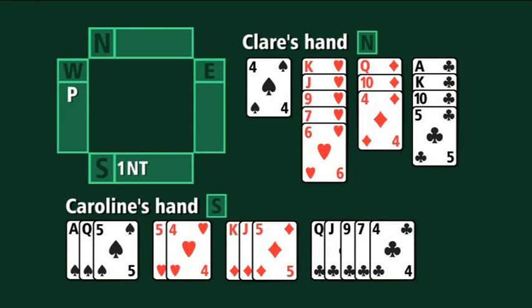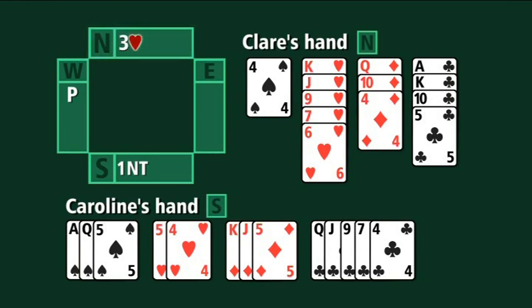Claire has a game-going hand. She's got 13 points in her hand, but this is one of those relatively rare situations where she cannot actually place the game at this point. She needs more information from partner. And because she's got a game-going hand with a 5-card major, needing 3-card support for partner, she makes a jump